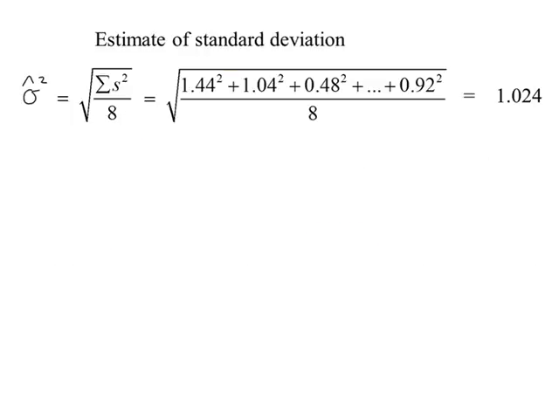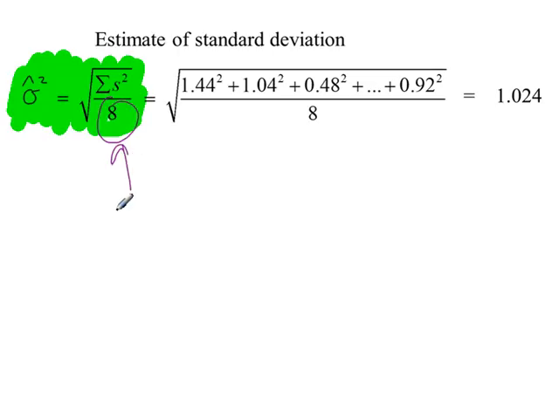Here's an alternative way of thinking about the problem where we're estimating the standard deviation. It's exactly the same calculation, but you can think of it in terms of this formula. And in the formula here, the 8 is the number of samples. It's not the individual sample sizes. We had 8 samples in total,